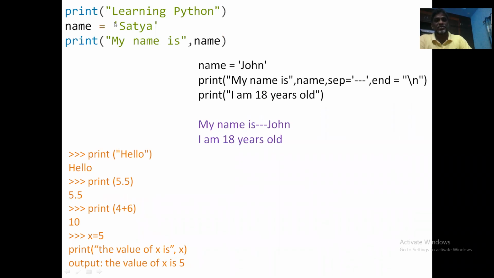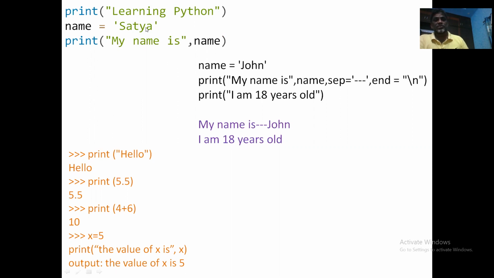So name is equal to, this is a string. Strings can be mentioned either in double quotes or in single quotes also. Both are going to be the same. Like in C language, single quotes are meant for specifying the characters, whereas double quotes are used for strings. But in Python, both double quotes and single quotes are used for strings only.